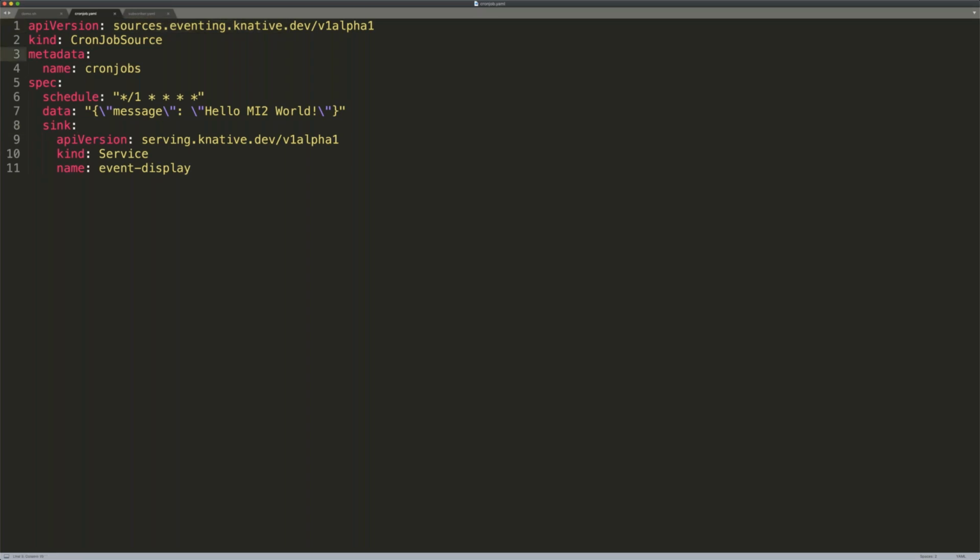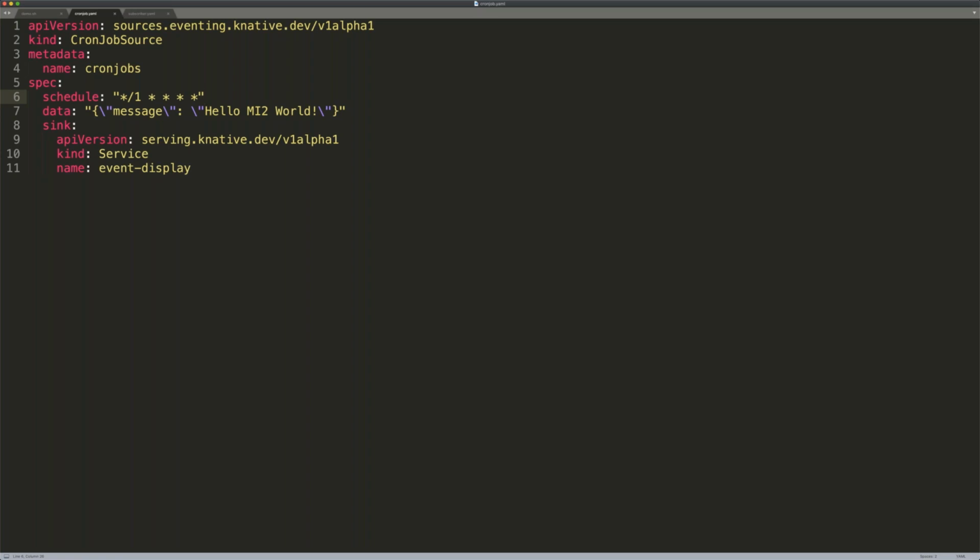This is not a Kubernetes cron job. This is a Knative specific cron job. And if you notice, it's called cron job source. And this is actually what is available. For example, this can be container source, this can be Kafka source, this can be Cloud Pub Sub source. Cron job is the easiest one to visualize the capabilities of Knative eventing. So cron job source is supported within Knative eventing. So we are defining a cron job source, and then we are defining the schedule, which is basically every minute. So every minute, this cron job will print hello world